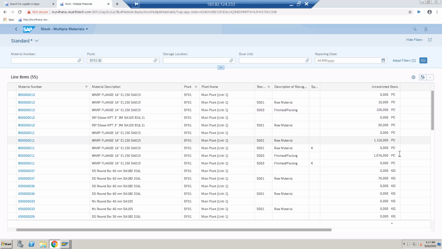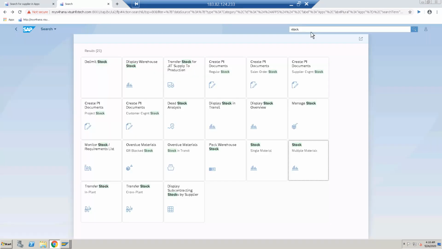We can see everything like this. This is how to check the stock in S4HANA, but in ECC we can search only for a single material with MMBE. If you want to see multiple materials in ECC, we have to use MB51, but here we can see stock for multiple materials.